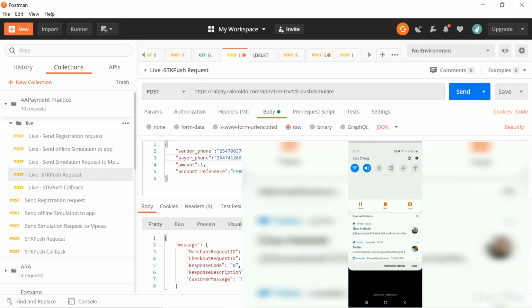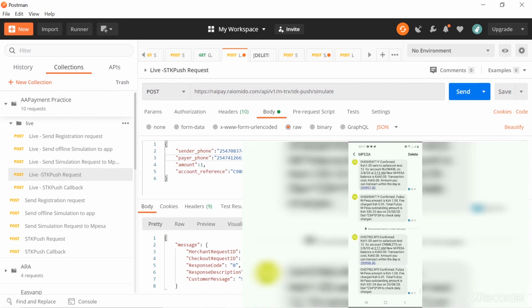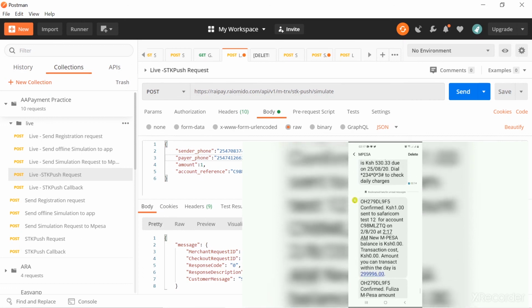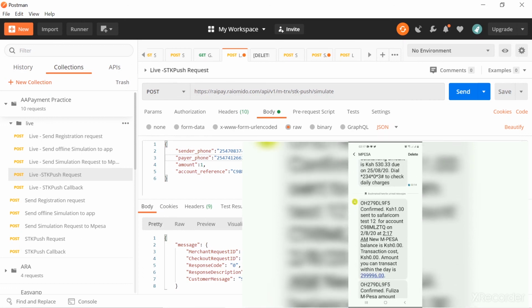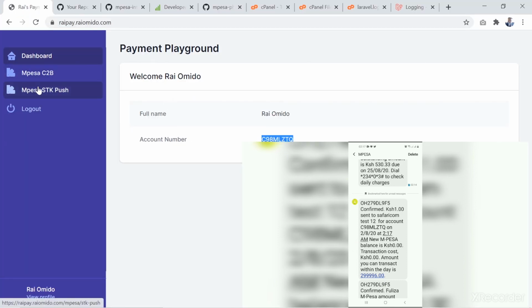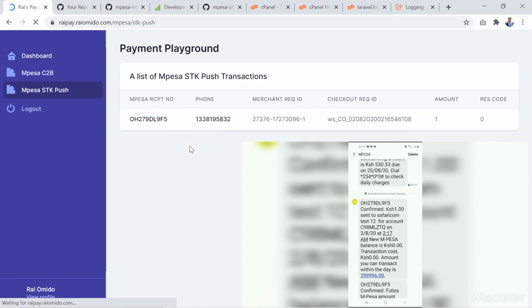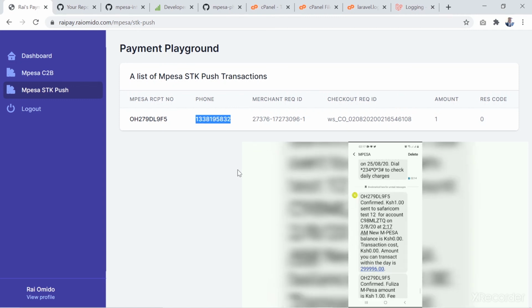So we want to compare the transaction number. So one sent to Safaricom, whatever. Yeah, so let me just refresh to see if there's anything. Cool. Yeah, so this is it. OH279DL9F5. Good. So we are receiving STK push transactions, and yeah,